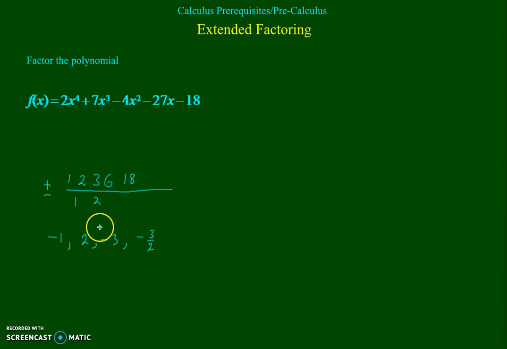In other words, since x plus 1 equals 0, x has to equal -1. That's how this works. So if x equals -1, solve this, move the value over to the other side, and we have x plus 1 equals 0. So our factors are going to be x plus 1, x minus 2, x plus 3, and the last one is going to be